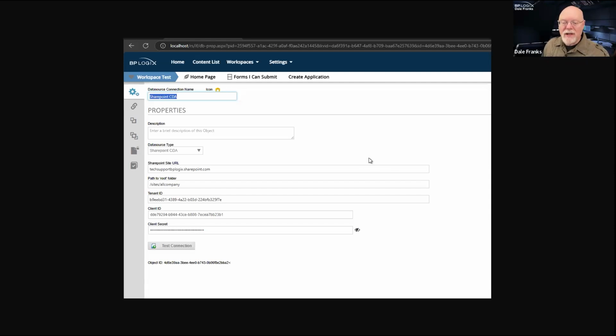So this is a screenshot for the SharePoint CDA data source, and it will be a new data source type. It is called currently SharePoint CDA, the CDA standing for Collaborative Document Authoring. And it has the normal SharePoint OAuth connection features, including the tenant and client IDs and the client secret. It will have to be set up in the same way as the SMTP OAuth has to be set up. Although, technically, if you already have SMTP OAuth set up, your tenant ID, your client ID, and I believe your client secret will all be the same values.